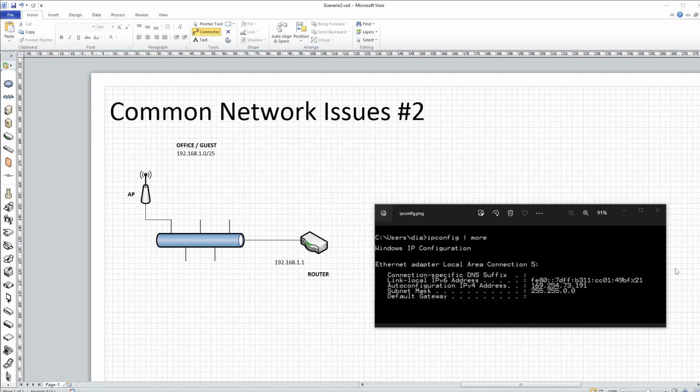So if you're seeing this and you're noticing other users who are connecting are not able to get an IP address either, getting an IP address of 169.254 range, then chances are that the DHCP IP pool has been exhausted. There are no more IP addresses available to be distributed. So we take a look here. The range is